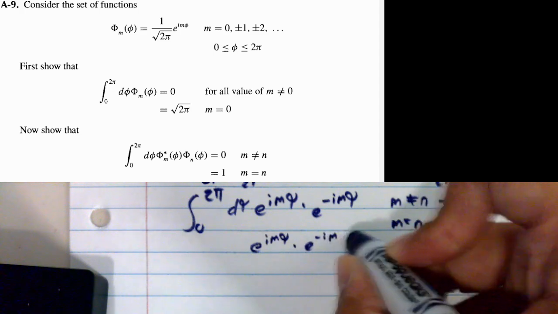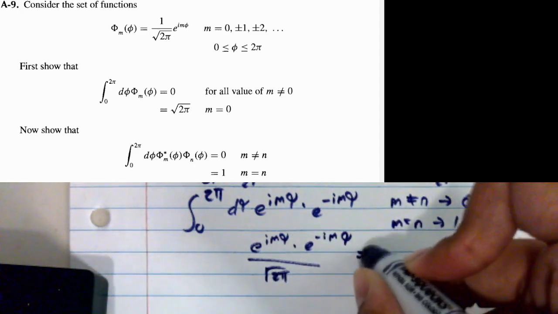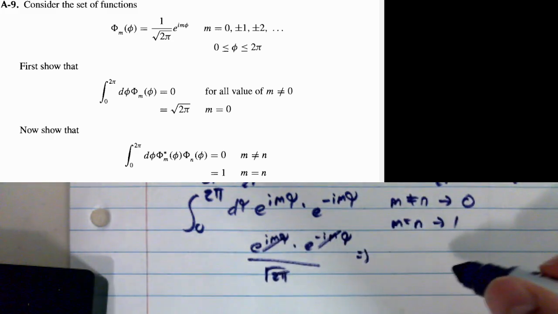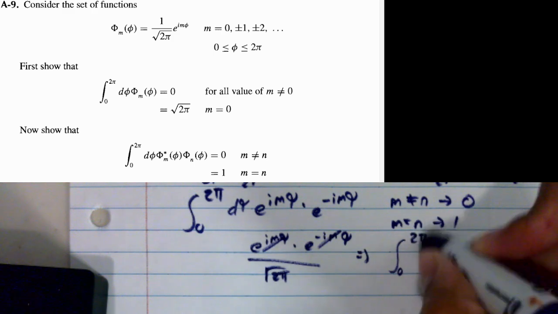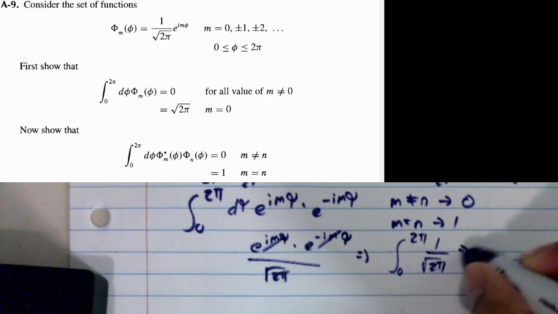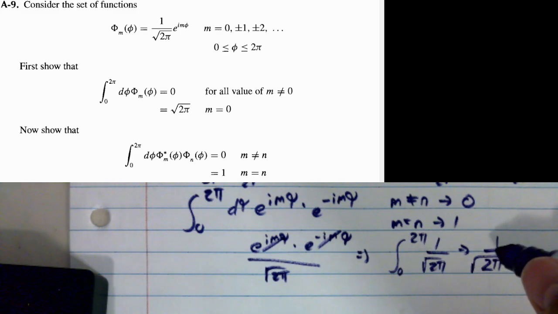So, cancels out, cancels out. Trying to figure out why it's radical 2 pi, but not, why is it